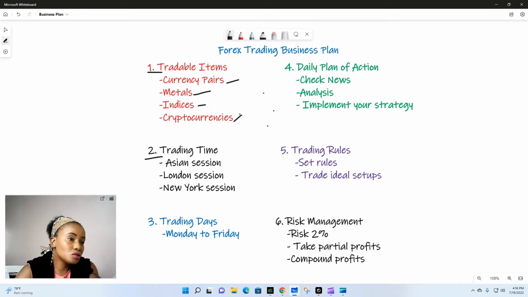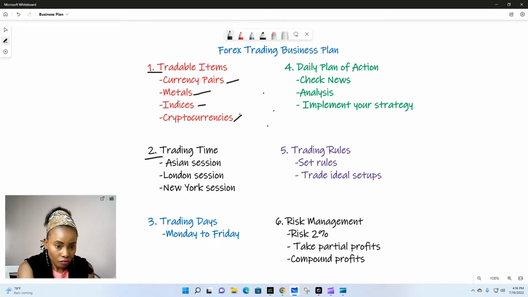It's important to choose at least 3 currency pairs to follow so that you can be able to know how they behave, their cycles, their dynamics. Then it makes your life easier when you're doing analysis. You know at what point during your trading session are you going to execute a trade, or whether you're going to stay off the market or not.